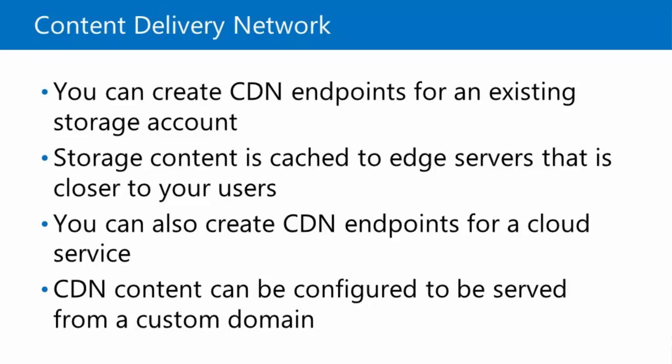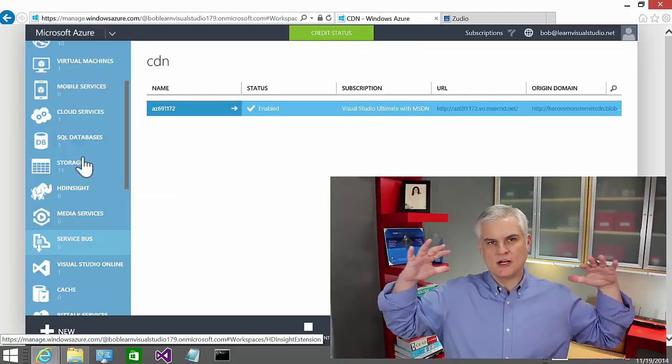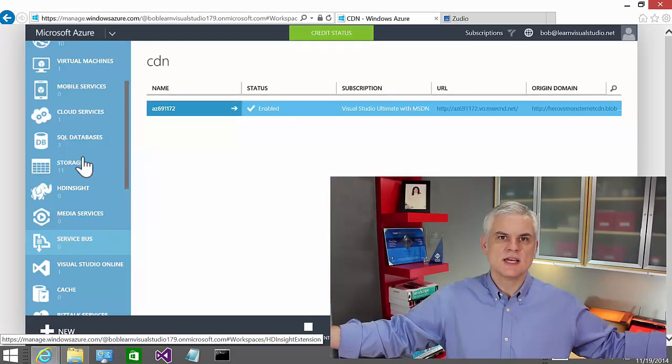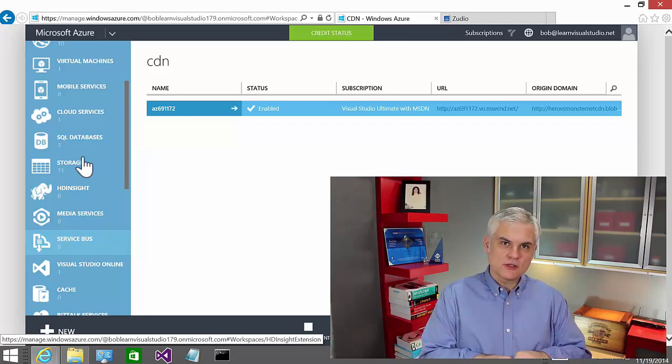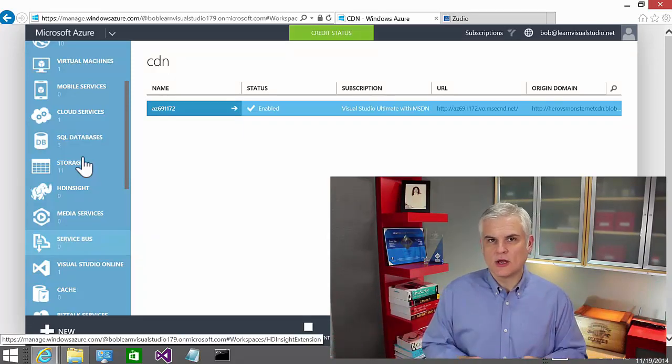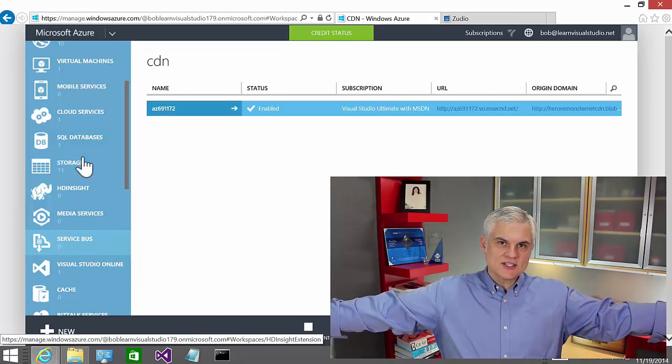So what you do is you publish these files to this centralized storage that's called the origin domain. It's basically just a blob in an Azure storage account that you're going to upload your files to. And then Microsoft Azure has servers all over the world that are called edge servers. And so your files will eventually, it takes maybe an hour, maybe longer, to propagate those files out to all